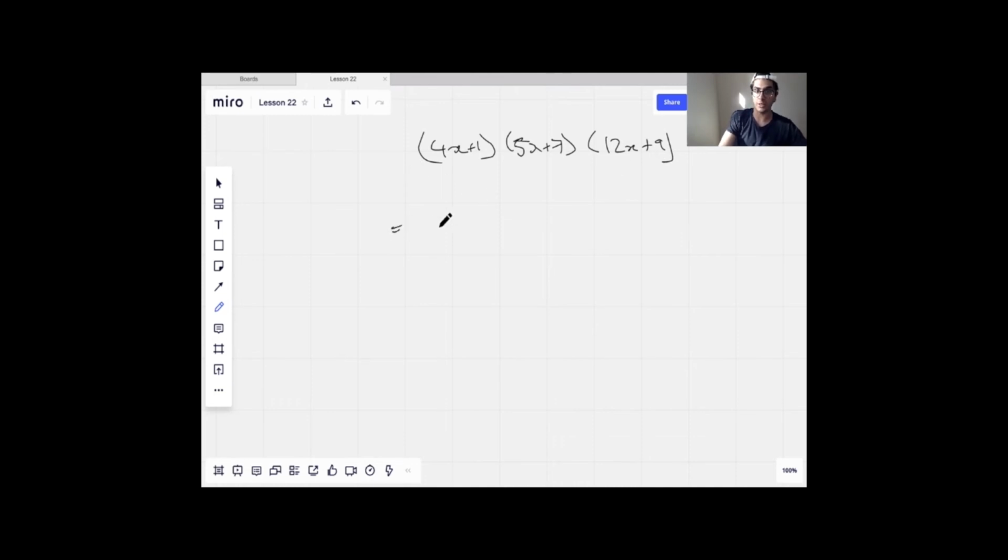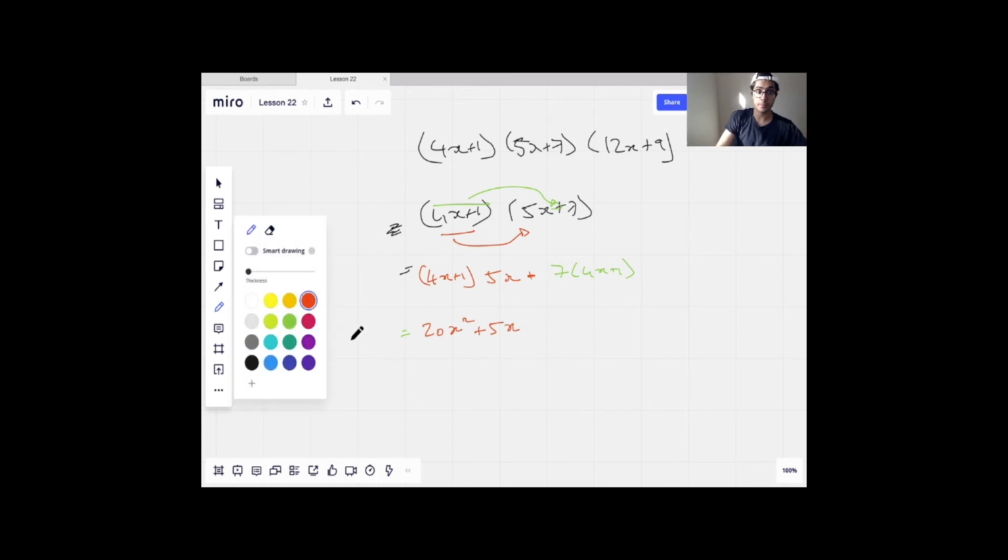So what I'll do is say this is the same thing as these two times that. On the side, if I have to, I'll do 4x plus 1 times 5x plus 7, so expand that out. 4x plus 1 times 5x, plus 4x plus 1 times 7. 4x times 5x is 20x squared, and then 1 times 5x is plus 5x, plus, and then 7 times 4x is 28x,